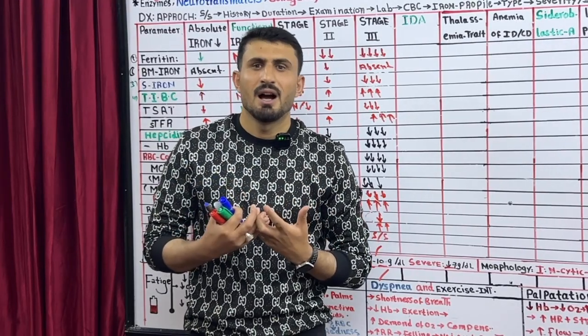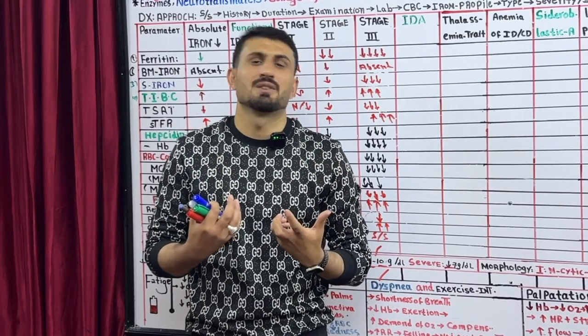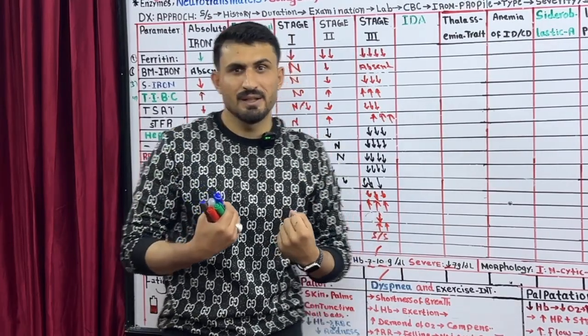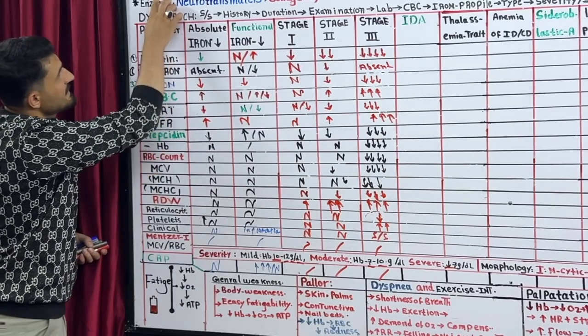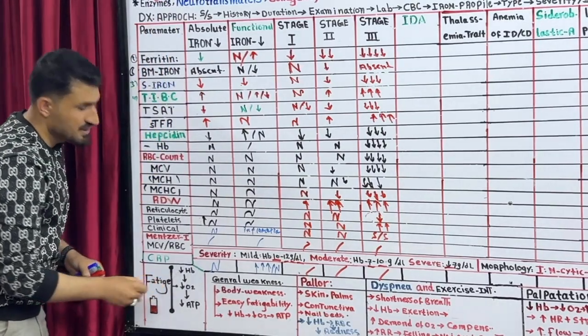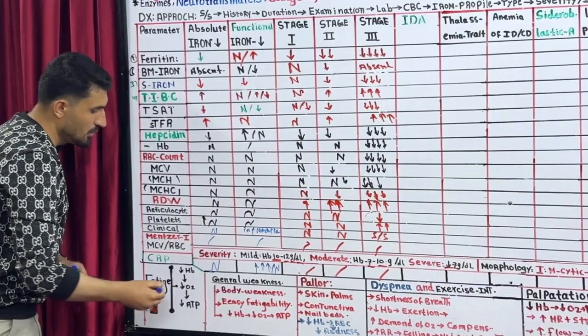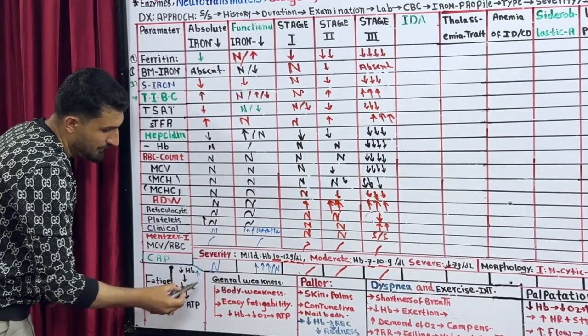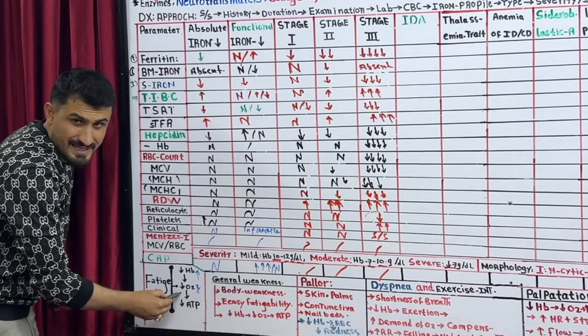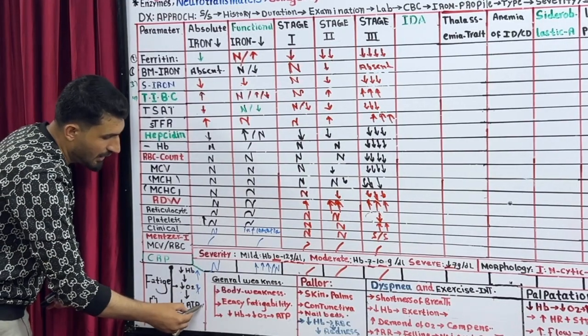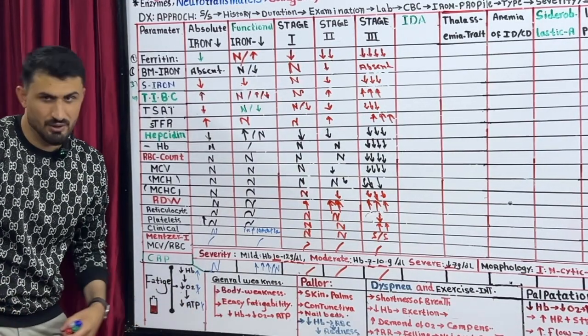During the day I feel less energy in my activities. That's because when you have less iron you cannot produce enough hemoglobin. When you cannot produce enough hemoglobin,